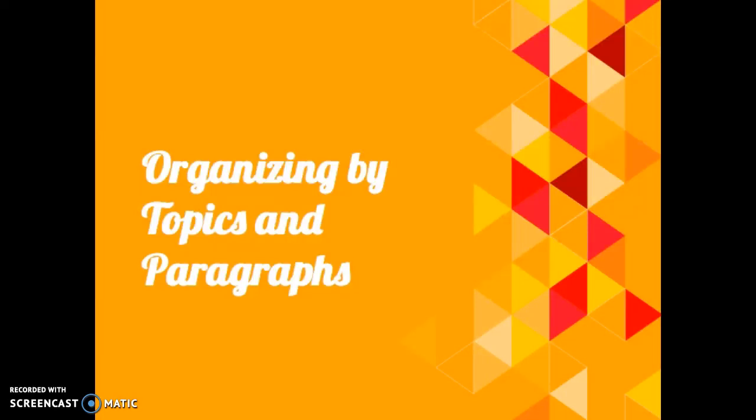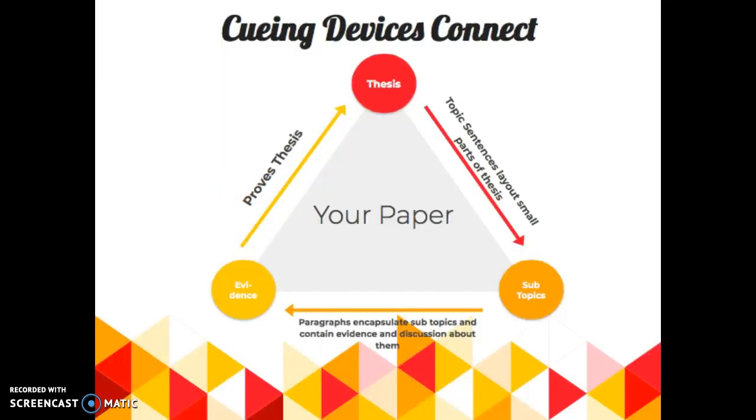So in the second half of this video, we'll be looking at how we'll organize our argument by smaller topics and paragraphs, other cueing devices. So when you think about the role of cueing devices, you can compare them to, say, the ligaments and tendons in the human body. Cueing devices act as connective tissue, pulling your whole argument together and relating it back to